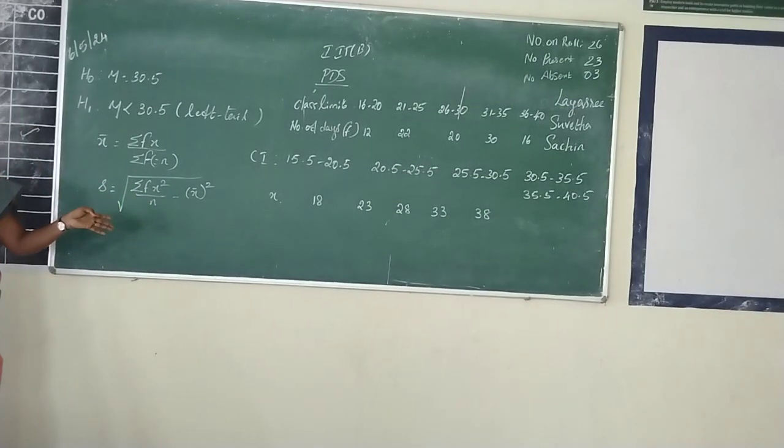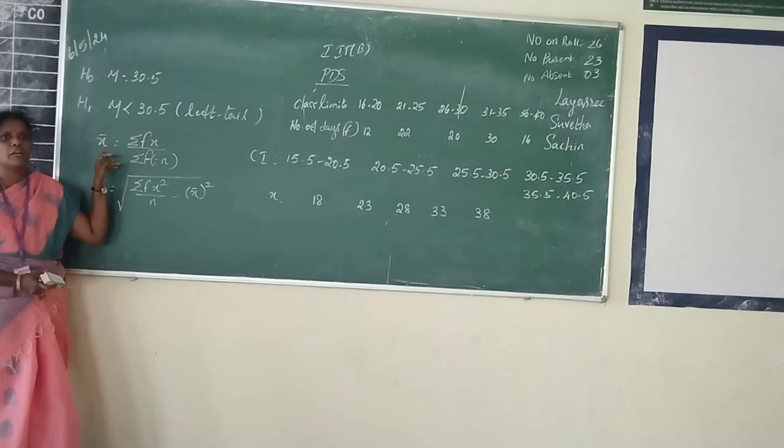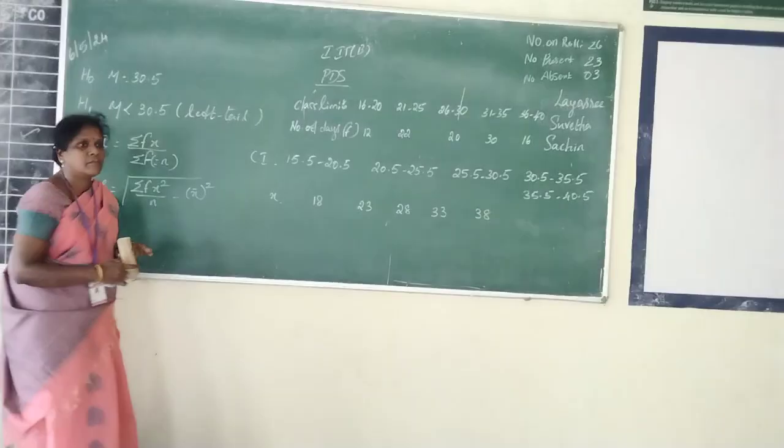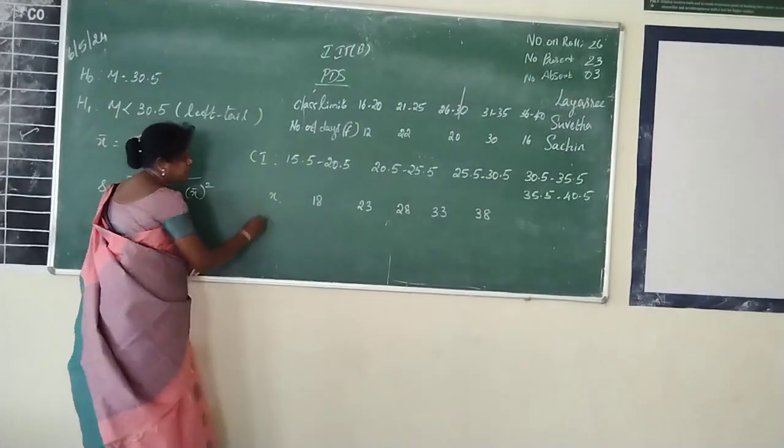Other steps are the same. So you have to substitute in the formula, you have to find what is x bar and what is here. What are the things you have to find here? You have x. You have to find what is